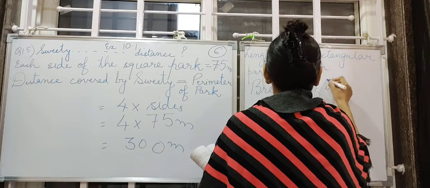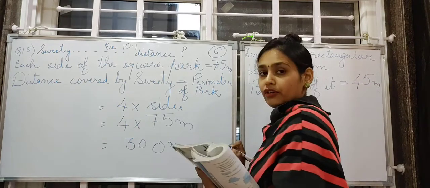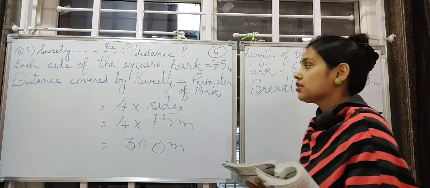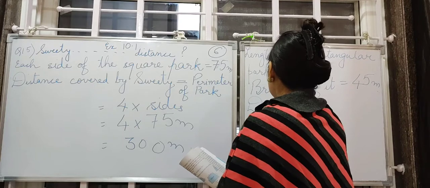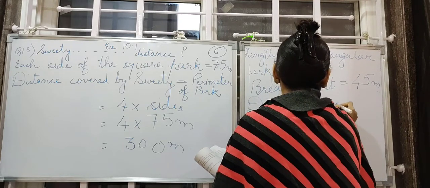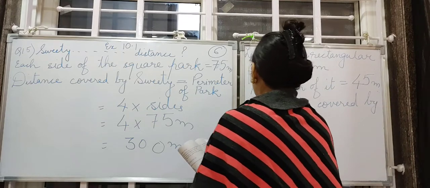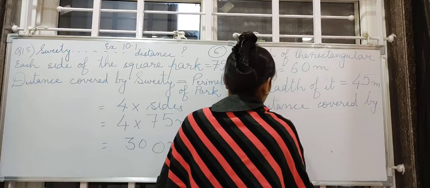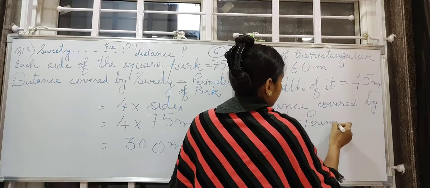Breadth of it is equal to 45. Now what are we going to find out? We have to find the distance covered by Bulbul. So distance covered by Bulbul, which is equal to perimeter